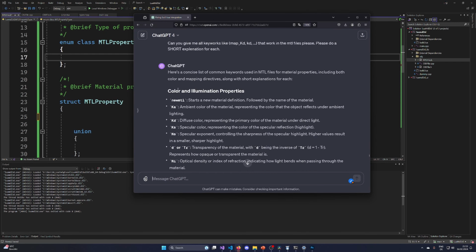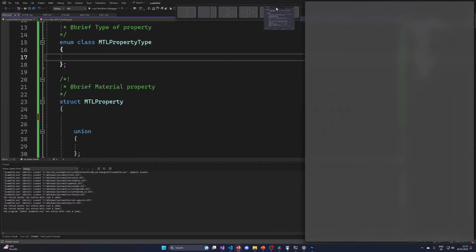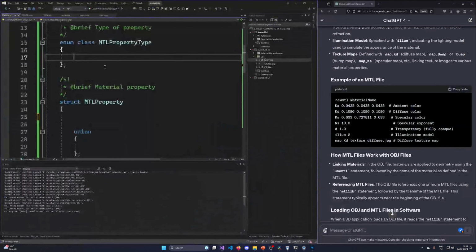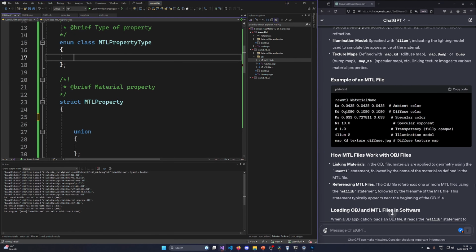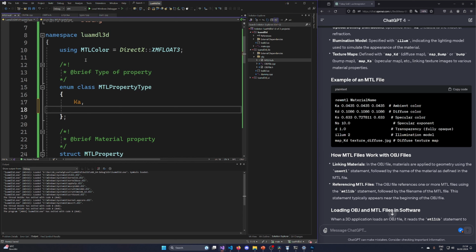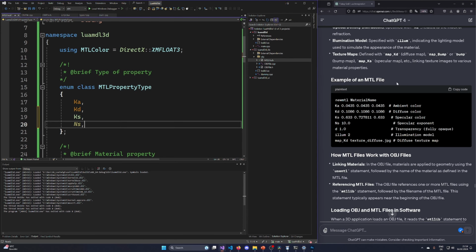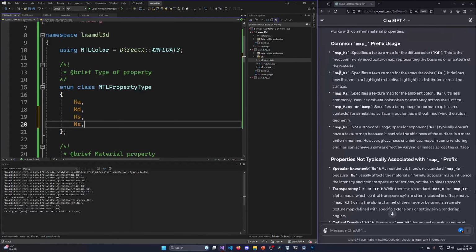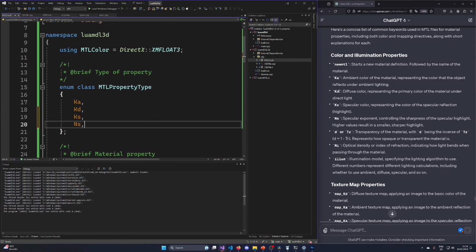Now basically what we have is we have this KA, KD. Come on, Windows, you are having fancy features nowadays. So let's maybe do it like this so that we have a better way of seeing it. And then let's quickly start just writing this down. KD, KS, NS, oops, it's not what I wanted to write down. KA, KD, KS, NS,